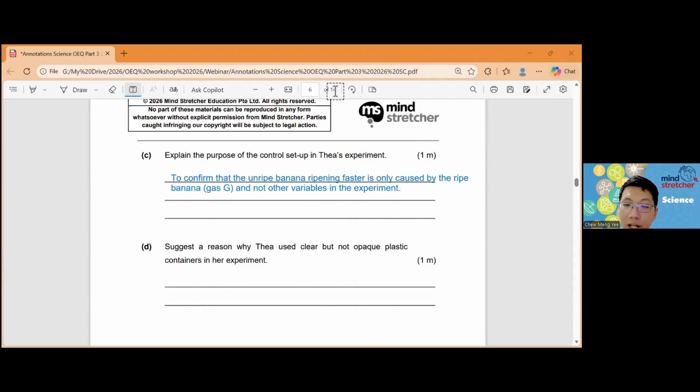Unlikely, okay, depends on how badly it's spelled. In terms of spelling for science, as long as the examiners can understand what you're trying to say, and it is explaining correctly, the understanding is right, they will not mark you down for spelling. They are also not likely to mark you down for grammar, unless that changes the meaning of your answer, then that will be wrong. If you misspell something or your sentence structure is different and it changed the whole meaning, then yes, of course, you'll be marked wrong.